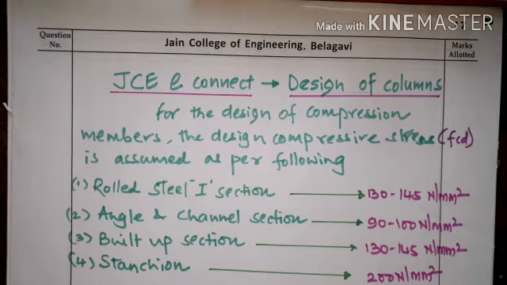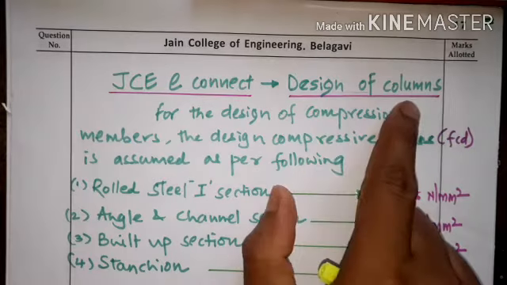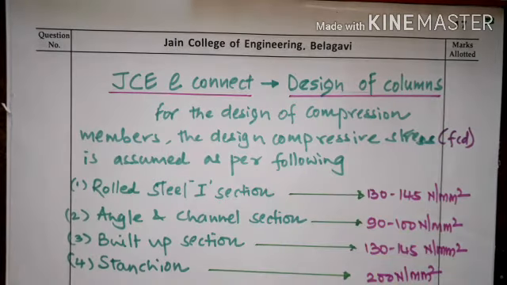In the last session we had discussed how to determine the design compressive load of a strut member, that is a single angle strut member, and double angle struts connected back to back to the opposite side of the gusset plate and even the same side of the gusset plate. Today's session we are going to discuss the design of a column, how to design a column.